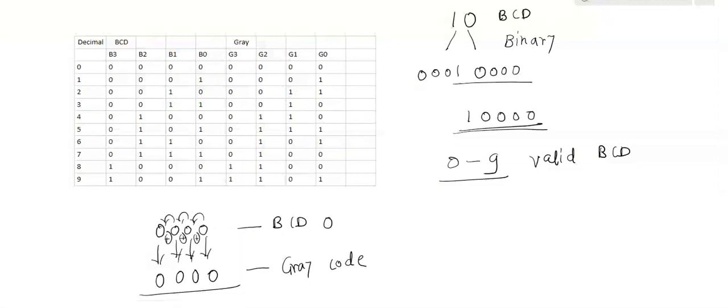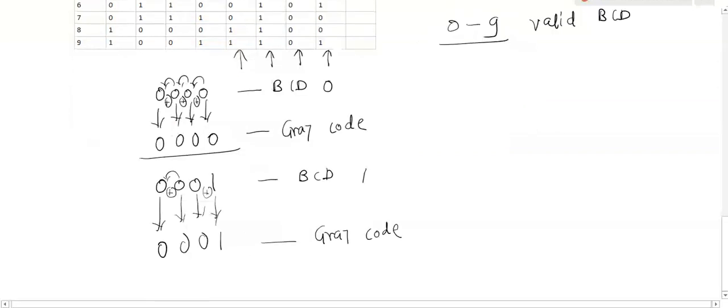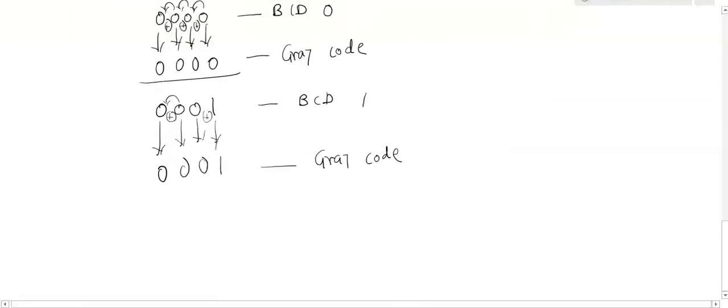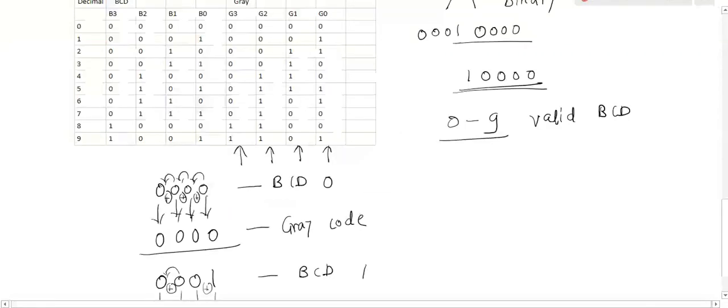Now to design and implement the BCD to gray code converter, my next task is to draw the K-maps for each individual output of the gray code bits. The gray code bits I have generated are G0, G1, G2 and G3. To represent G0, G1, G2 and G3, 4 K-maps I have to use. Here I am going to draw the 4 by 4 K-maps for G0, G1, G2 and G3.